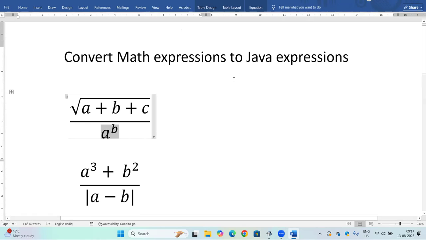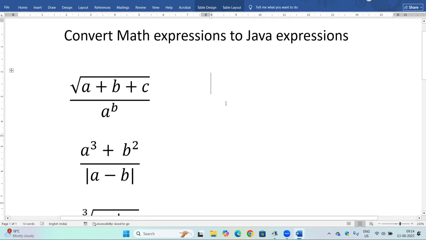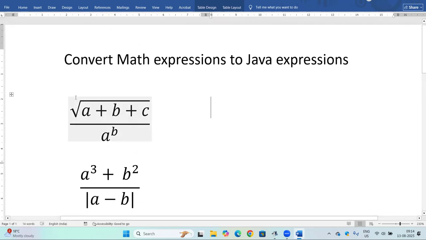So how do we convert these mathematical expressions to Java expressions? We have a lot of math functions. For square root, we have math.sqrt. To use the power, we have math.pow. As I write the Java expressions, I will let you know the different mathematical expressions. So here we have